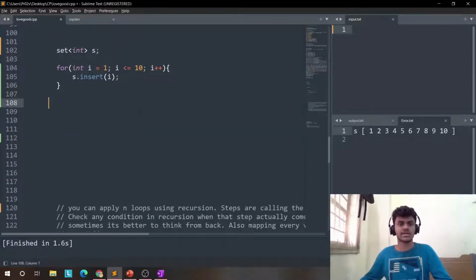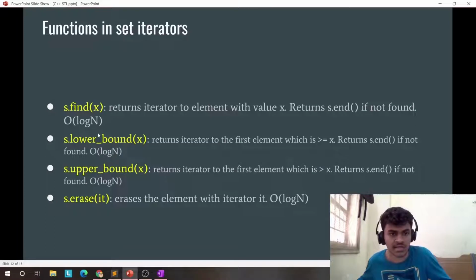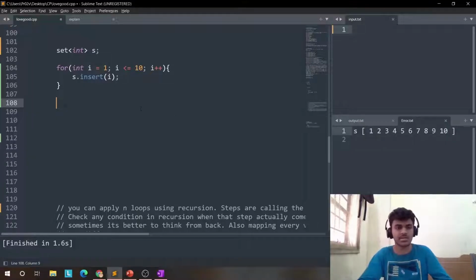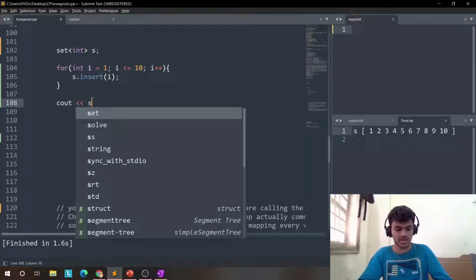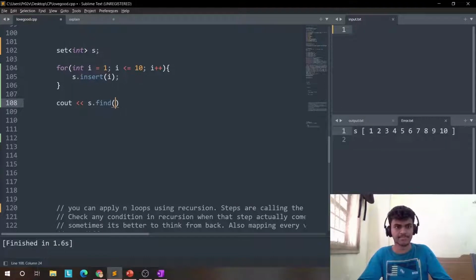Okay, I have put 10 elements into the set. First is s dot find x. This returns the iterator. Iterator simply means the index at which that element is present. I'll show it here. S dot find. If I have to find the fourth element,